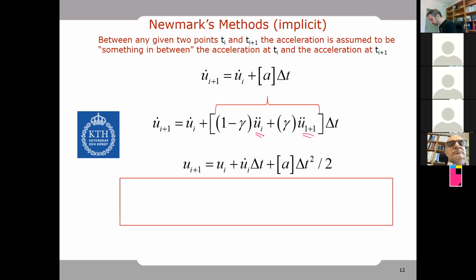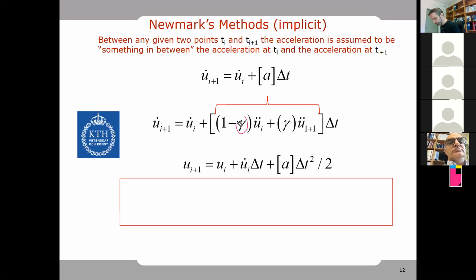So what this entire equation says is that the acceleration that we're going to use here to calculate the new displacement is going to be a mixture, a little bit of this plus a little bit of that, okay? And how do we mix them? How much we take of the first and how much we take of the second will be dictated by this